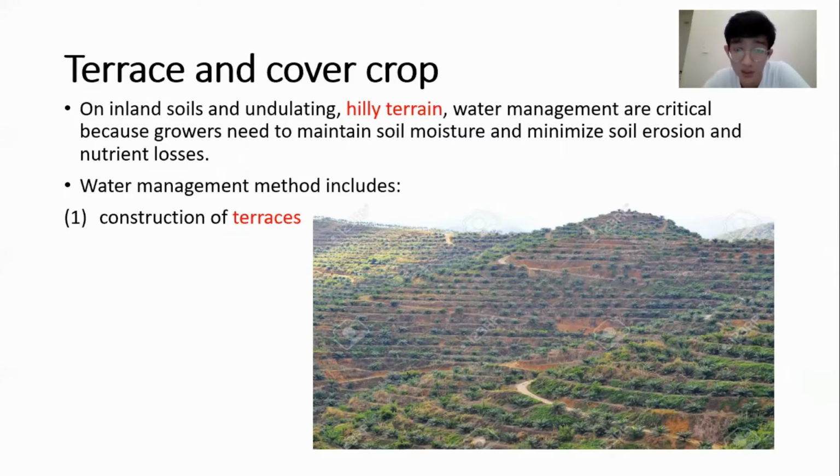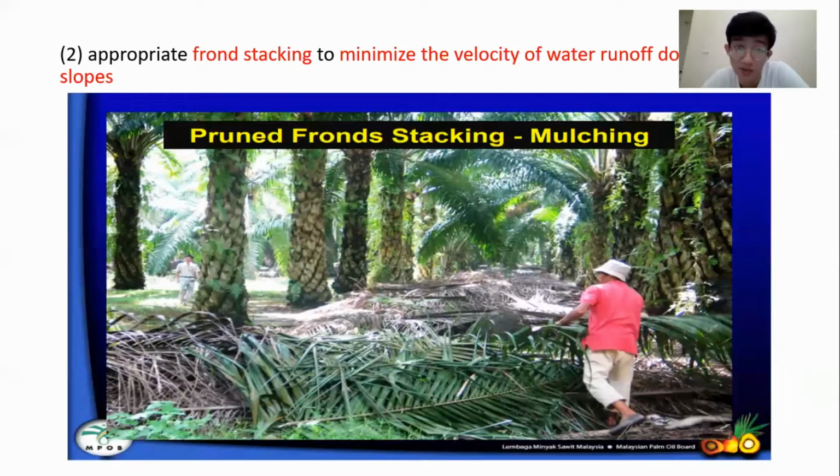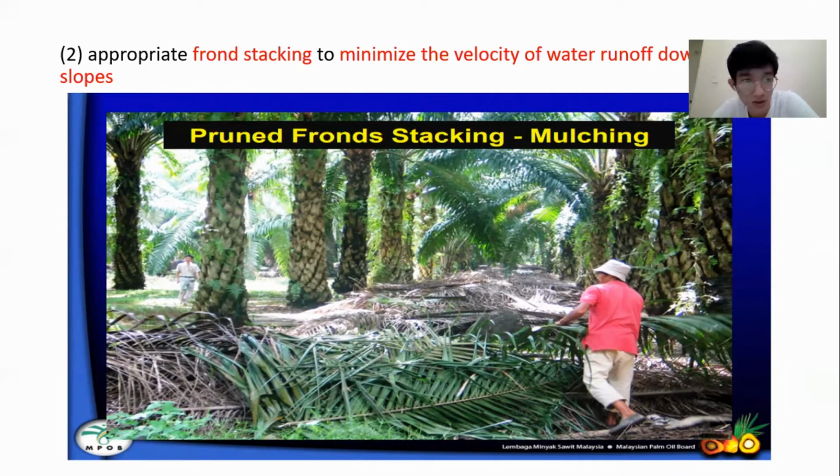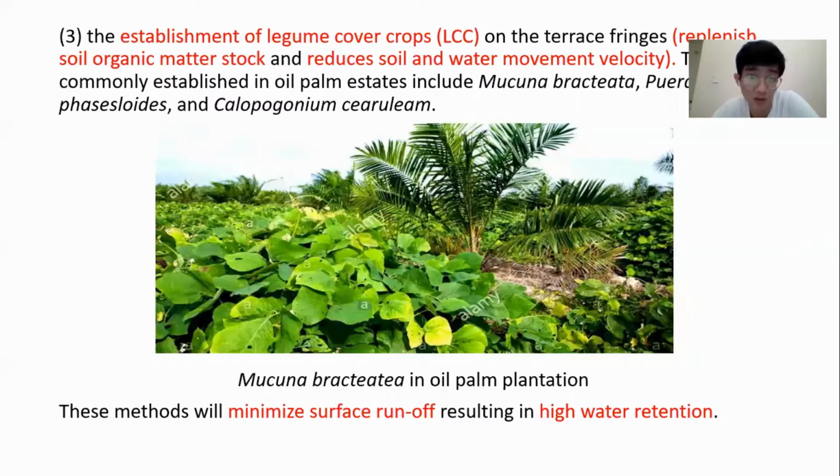So the water management methods on hilly terrain include construction of terraces, appropriate frond stacking method to minimize the velocity of water runoff downhill slopes,